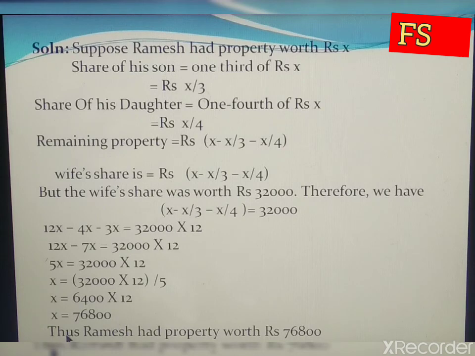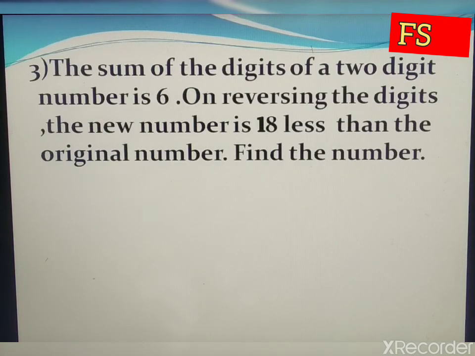It means that Ramesh had property worth rupees 76,800. Now the sum of the digits of a 2-digit number is 6. On reversing the digits, the new number is 18 less than the original number. Find the number. So again